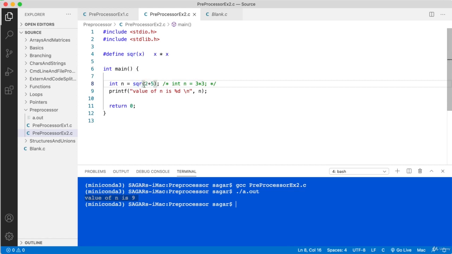Macro simply expands. So for x, you have given the value 2 plus 5. What happens is, here it will be 2 plus 5, followed by again x, which is 2 plus 5. This will be the resultant statement. So what is the value of this expression? 5 times 2, which is 10. 10 plus 2 plus 5, 17. So you should see the value 17 here and not 49.